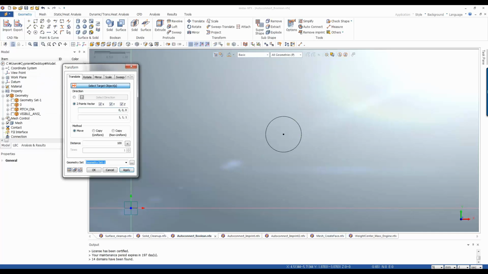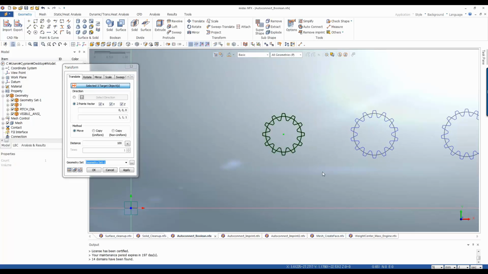Right now I have my reference point. I can display everything again. I'm selecting those two shapes, and I'm moving my sketch to the position of the origin of the work plane. So I clicked as well at this button. This means that the distance has been calculated, and right now I can go to preview, and it's very convenient to see the result of my operation. So I'm clicking OK,